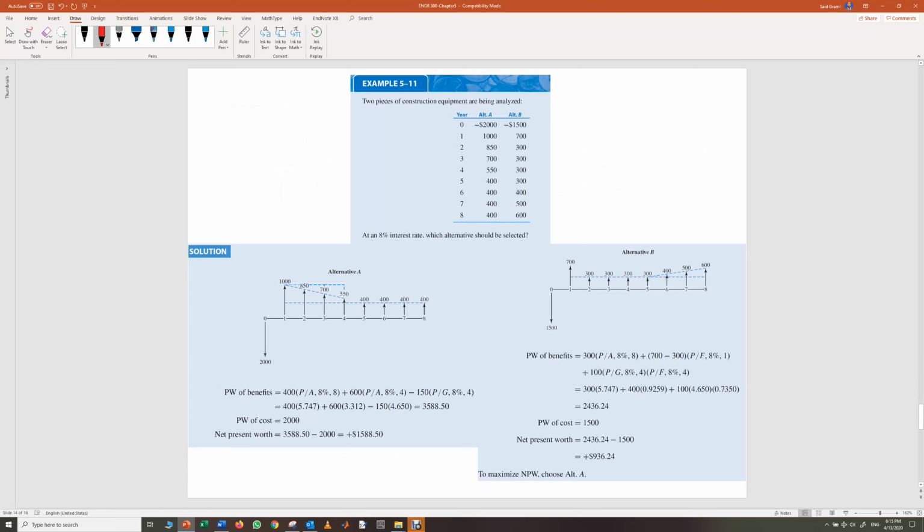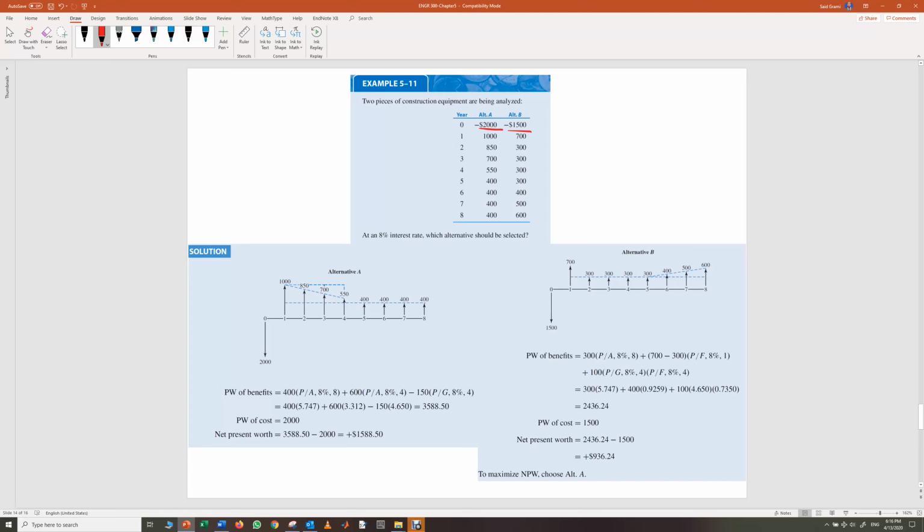Another example: two pieces of construction equipment are being analyzed. So we have the cash flow here. At time 0, we have a cost of minus 2,000 for alternative A, and minus 1,500 for alternative B. And after that we have different cash flows. So alternative A has a cash flow like that: